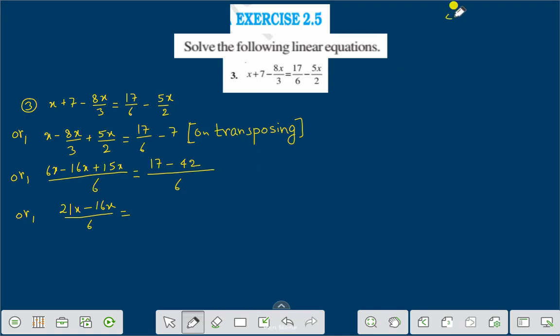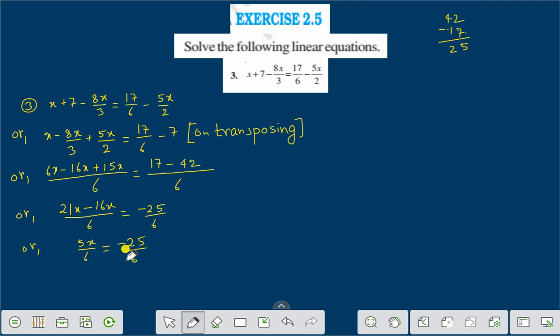That means you have to subtract 17 from 42, 42 minus 17, 25, and the sign is minus since 42 is greater, therefore minus 25 by 6. Or we are getting 21 minus 16, that is 5x by 6 is equal to minus 25